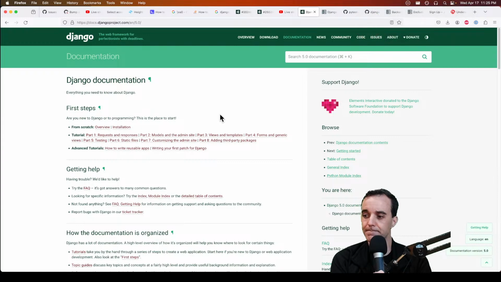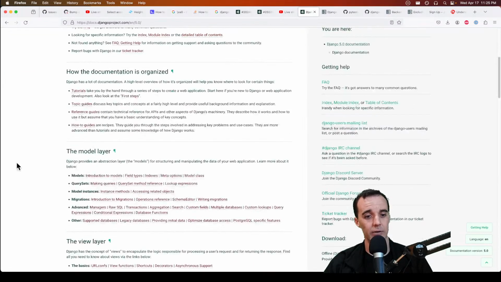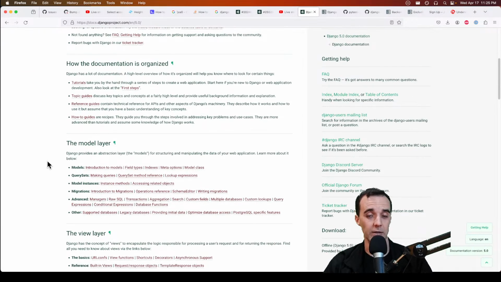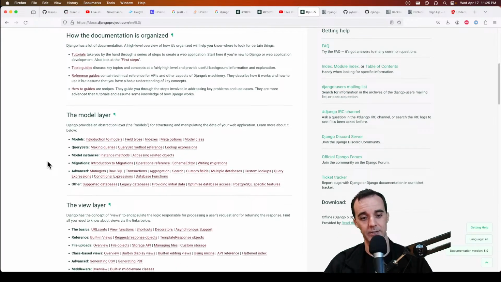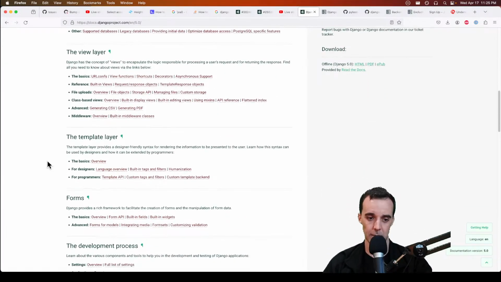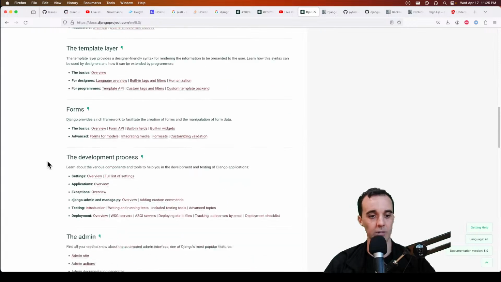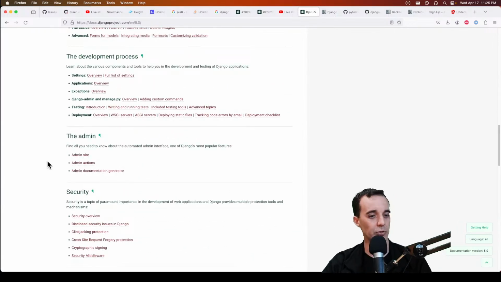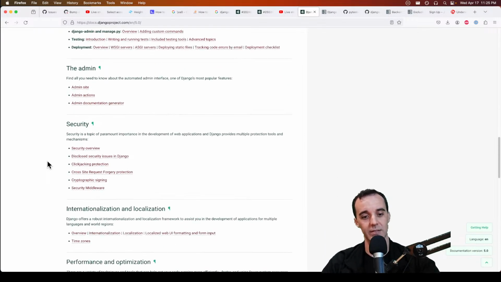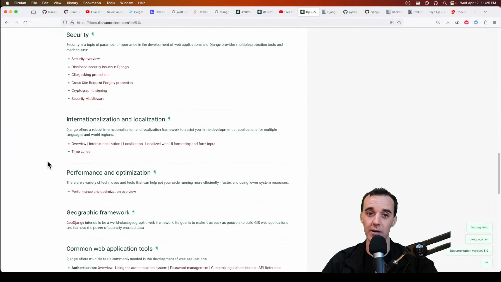The other thing is that, as Jeffrey commented here, when you build up these layers, you'll learn, especially as you grow in your knowledge of the web, about what you need. You need some kind of way to interact with databases. You need some kind of way to do templating. You need some kind of way to handle forms. You need some kind of way to have an administrative site. You need to think about security, internationalization, these topics that are here. And again, don't be too overwhelmed by them at first. It's okay. But this idea that